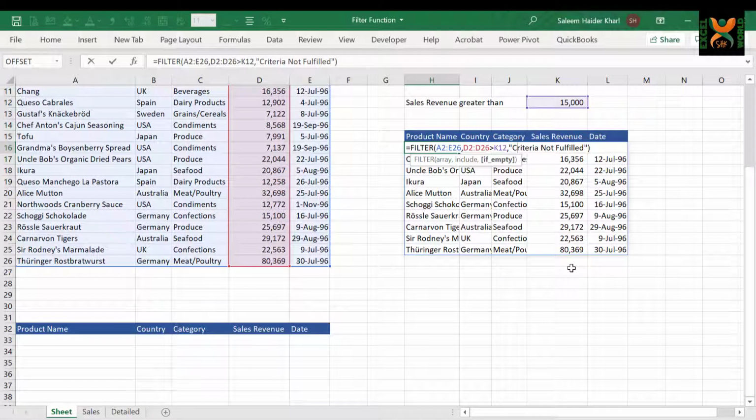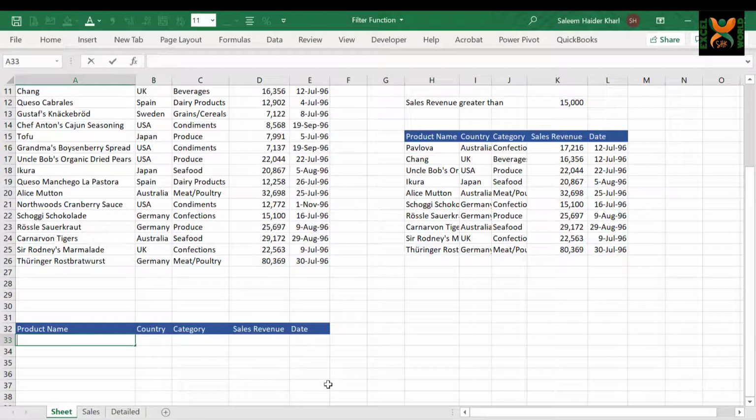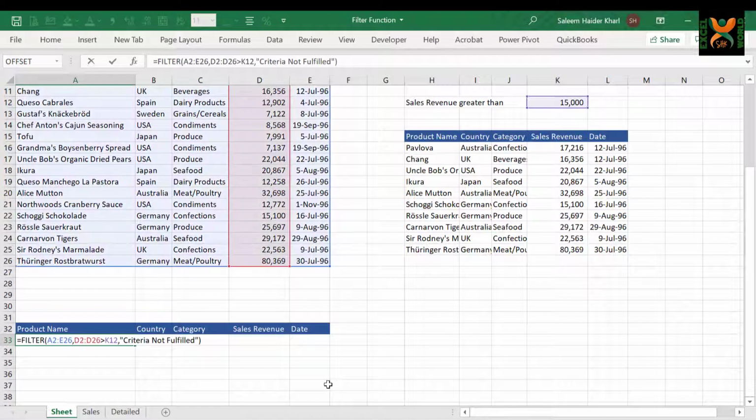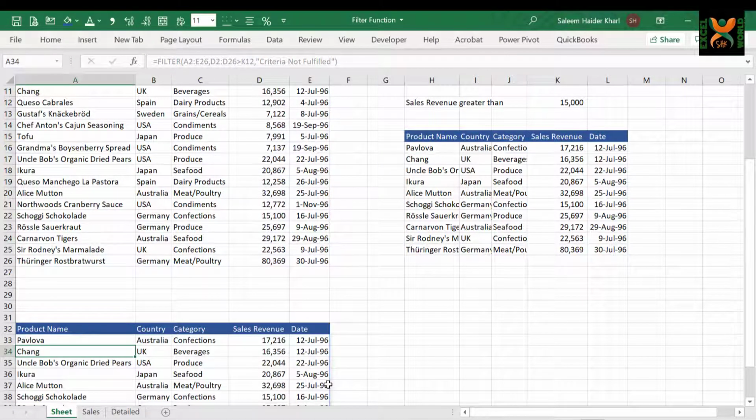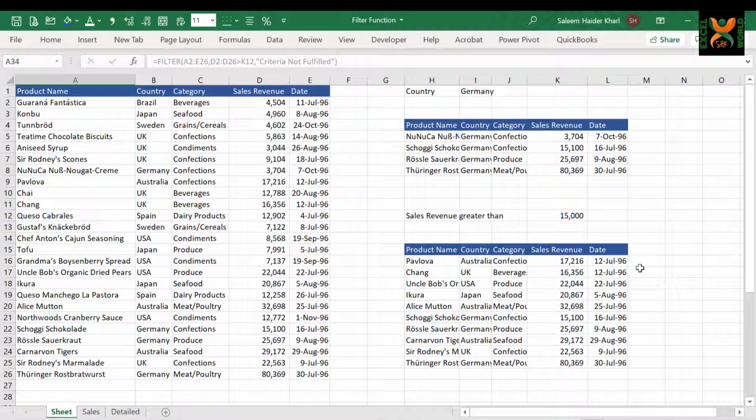We know that we haven't done the absolute referencing, so we will have to just copy the complete text as it is, and we cannot copy directly from the cell. Go to the cell below the product name, paste the complete formula and press enter, and the spillover effect will automatically generate the results for you guys. So I can easily say that this introductory session of the filter function has definitely kept you guessing that this is the advanced version of the advanced filter tool.